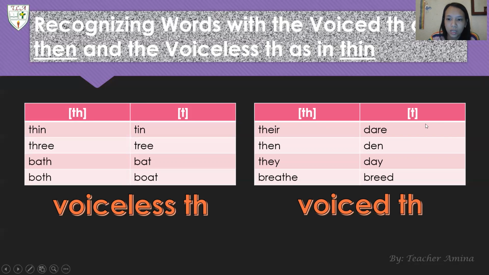As you can see here, it has the letter D, because that is how it sounds. The voiced TH sounds as if you are sounding out the letter D. For the voiceless TH, it sounds as if you are just sounding out the letter T. Thin, three, bath, both. There, then, they, breathe.